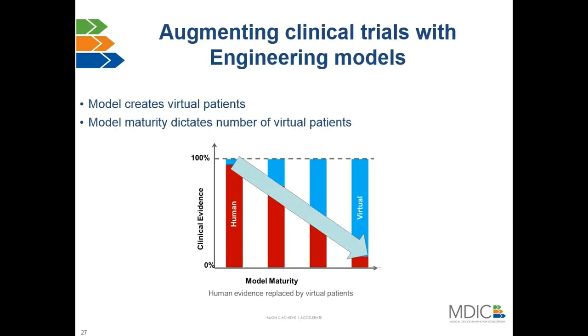And then as the model matures and you run multiple clinicals validating that the model gives you similar results as the actual clinical trial, you slowly can increase the number of virtual patients. And this has a much more smooth and gradual transition versus this binary effect that we are in currently, where the model is not mature and then boom, it's mature enough and now you don't do any clinical trial and it's just the model. And that transition can be uncomfortable for both the manufacturer and regulatory. Next slide, please.